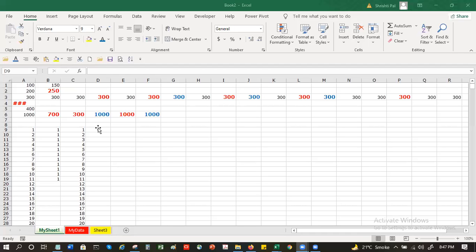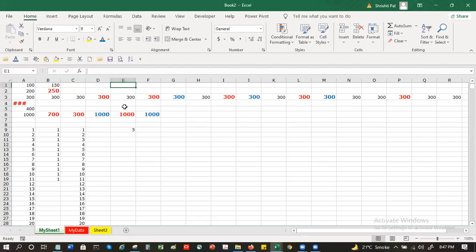So there is a better way, or I should say, a more Excel way of doing it: you don't always have to start with 1. It doesn't always have to be a difference of 1. It can start from any number, let's say 5, and you can choose as many cells as you want. I have chosen this many cells, or I can just highlight this.